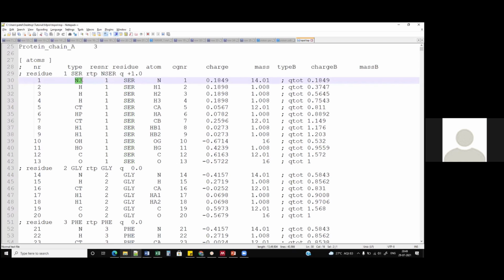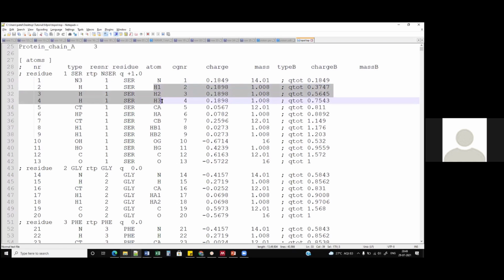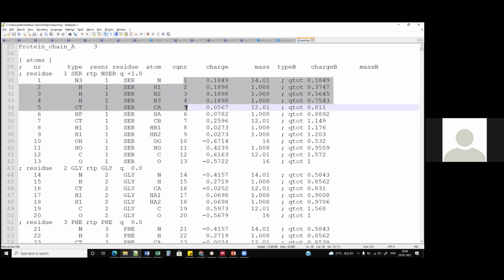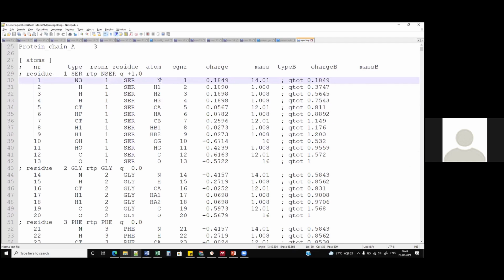We have the atom type, in this case N3, so the atom is actually N, that is nitrogen. We have three hydrogens, named H1, H2, H3. This is the number 1 to 13. And then this is the charge of that individual atom. For nitrogen, in this case, the charge is 0.18. We do have a mass over here, and then we have a different type. It's difficult to mention everything over here.